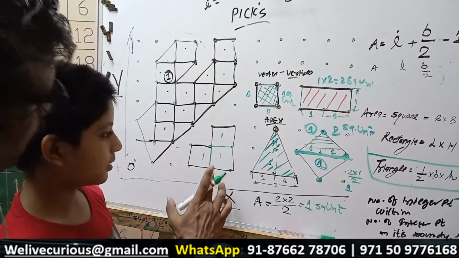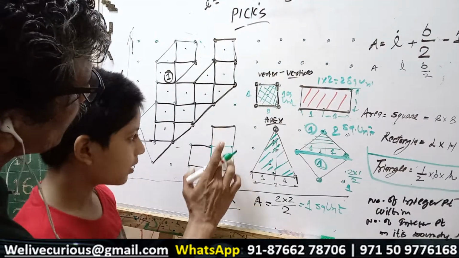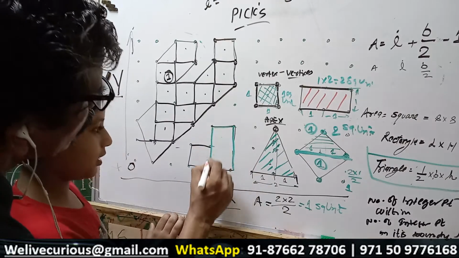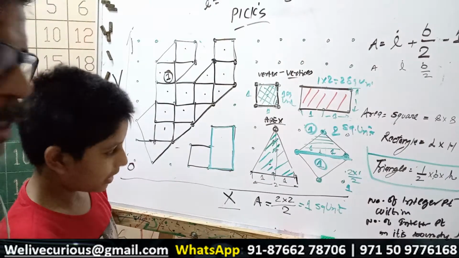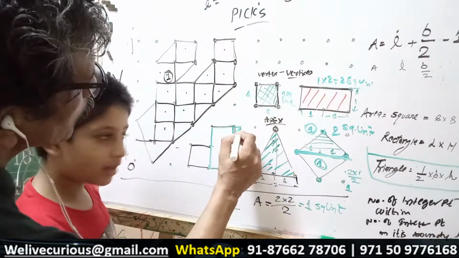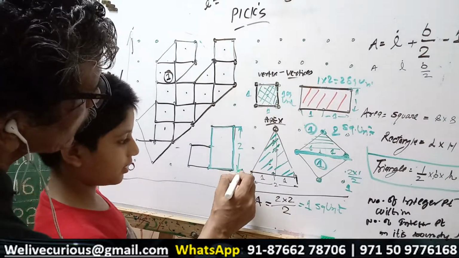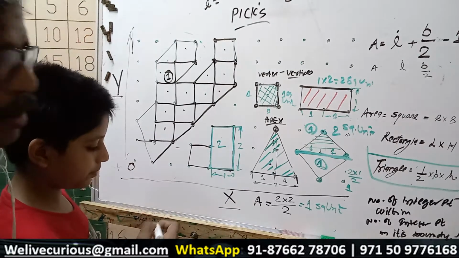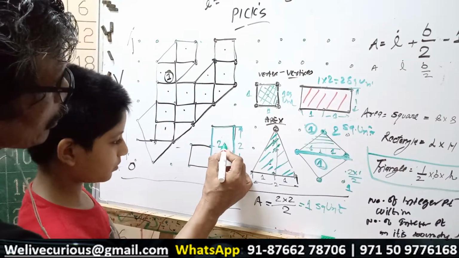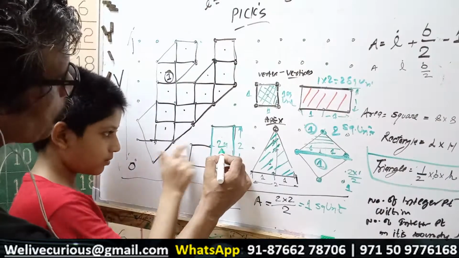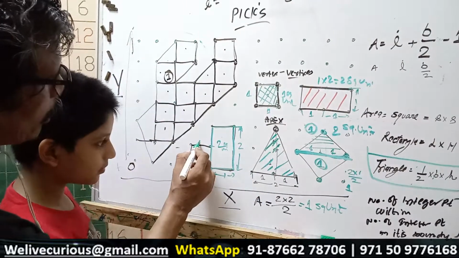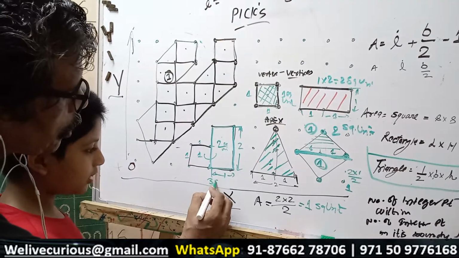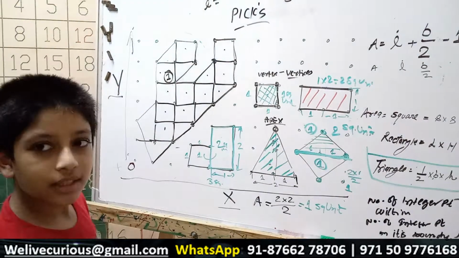Okay, I refuse to believe you. I don't want that. So I will do it another way. I will say this is one rectangle. Yeah, I also know this method. Okay. This is one rectangle and one square. This rectangle is 2 units and 1 unit. So 1 multiplied by 2 is 2 square units. And this is 1 multiplied by 1, is 1 square unit. So total is again 3 square units. So this is one thing.